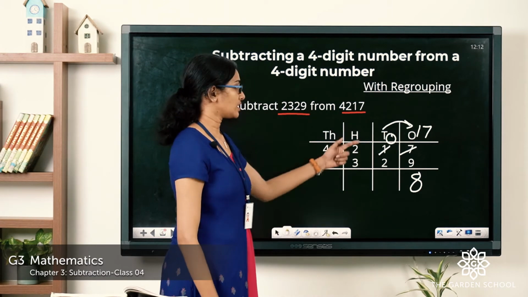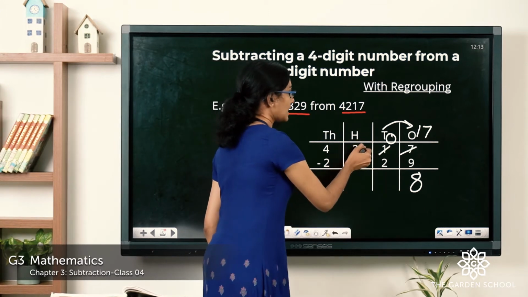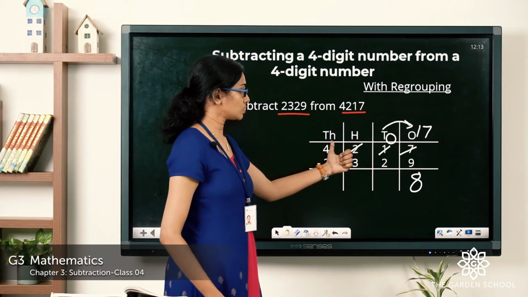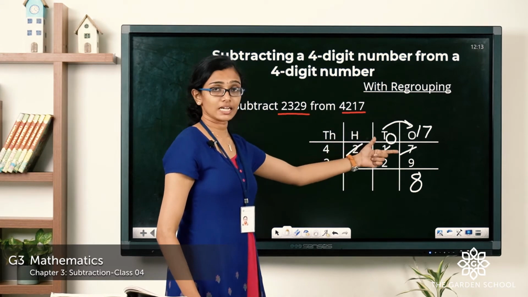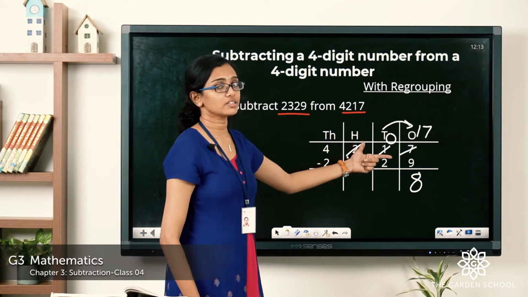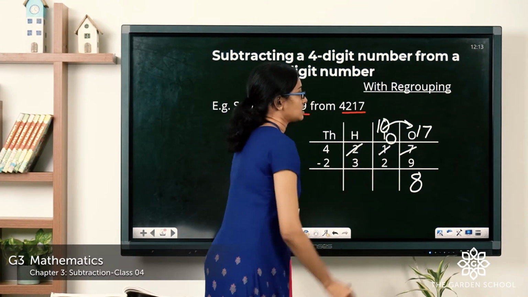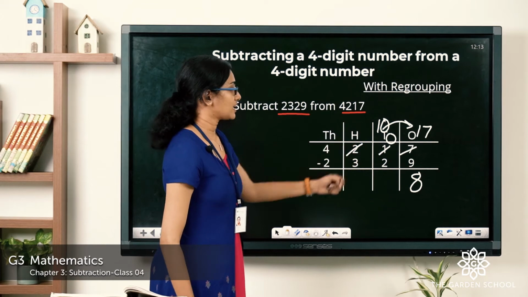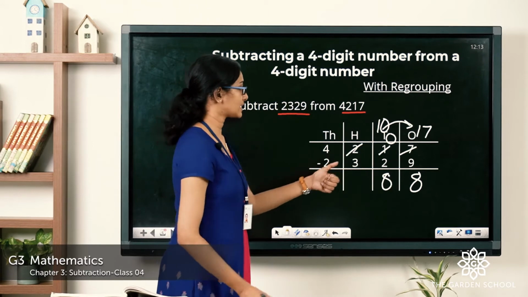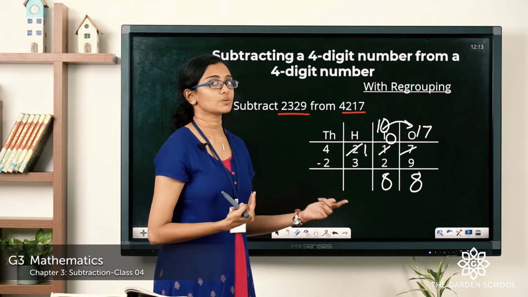There are no tens here. We cannot take away 2 from 0. So, again we borrow 100 from the hundreds place and give it to the tens place. When you bring 100 to the tens place, 100 becomes 10 tens. Why? Because 100 is equal to 10 tens. So, here it becomes 10 tens. Now, 10 minus 2, it is 8. Since we gave 100 to the tens place, this 200 is reduced to 200 minus 100,